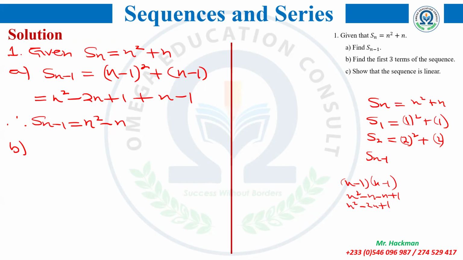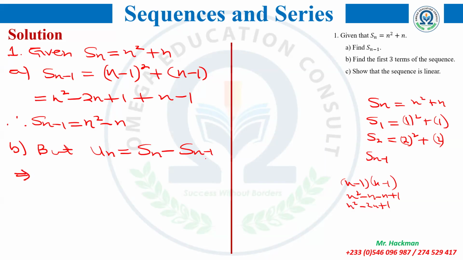And remember we said we know that U sub n is equal to S sub n minus S sub n minus 1. Do you agree? Yes. Okay, so this implies that,